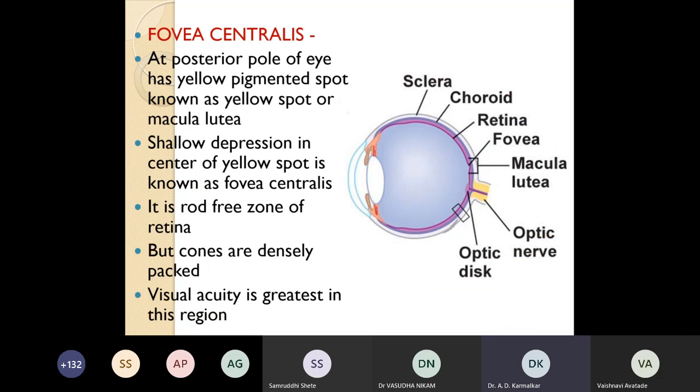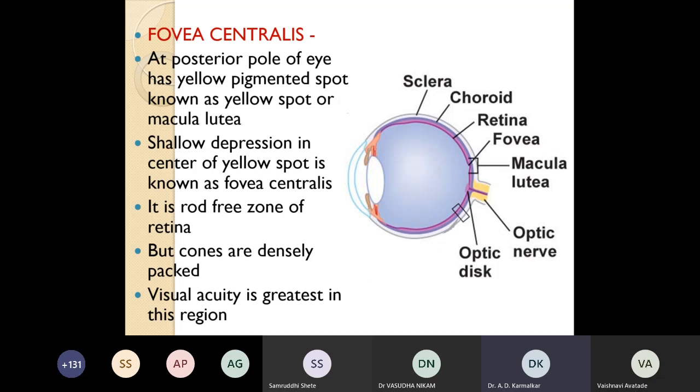Okay, this was about the retina. So the retina has 10 layers, which have different cells. We have seen there are neural and non-neural cells: the pigment cells, non-neuronal cells, and neuronal cells. These are photoreceptors, and there are association cells and supporting cells which are present here.